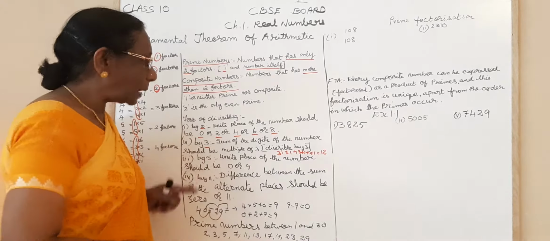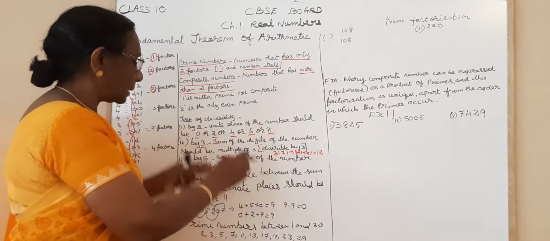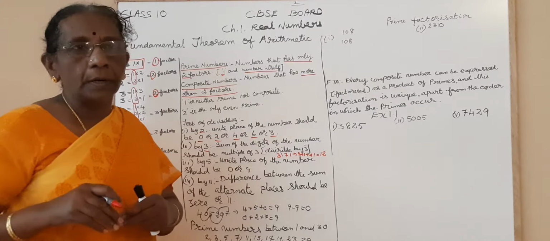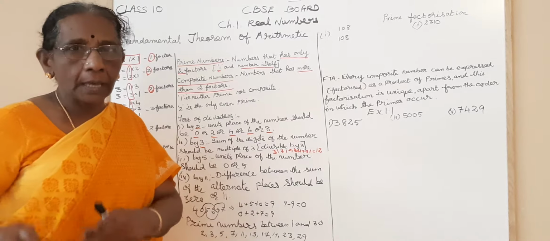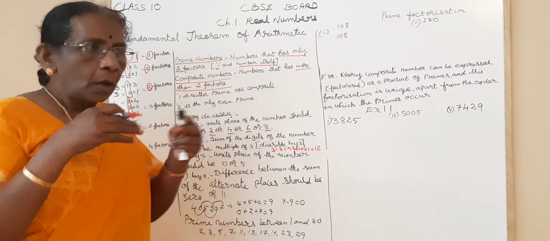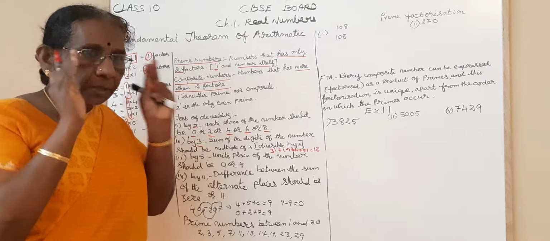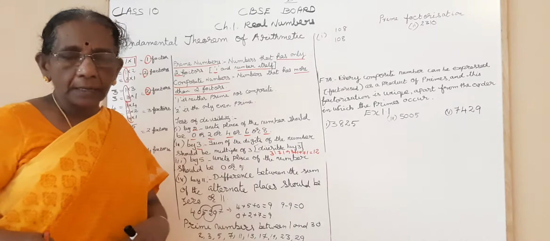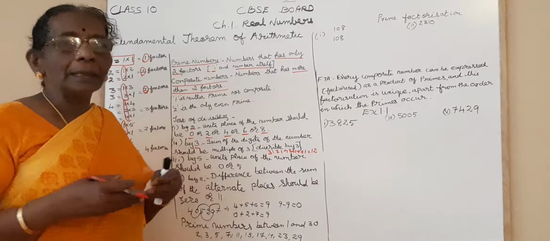Okay, and why am I saying these tests of divisibility? Because if you do the division in ascending order, that is small to big, it will be easy for you to carry out the divisions. That's why always start from the start. Don't get confused by this number or that number. First be thorough with the prime numbers, then start the division for the factorization. So when you are doing that, start from the least number.